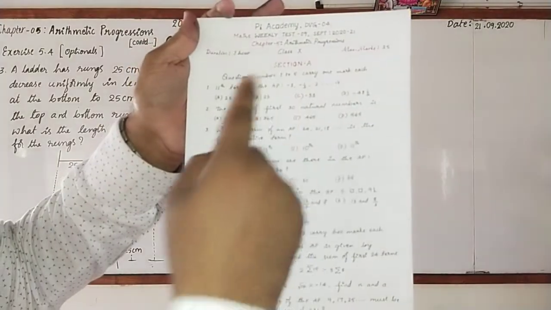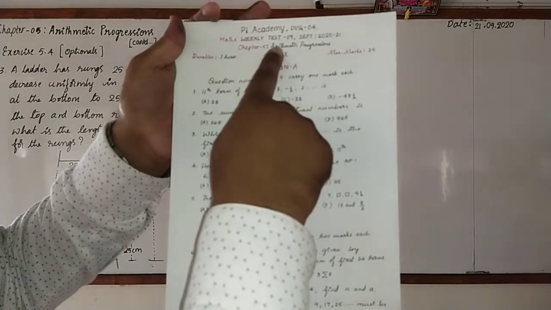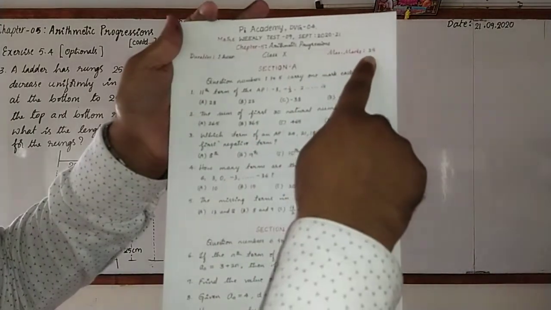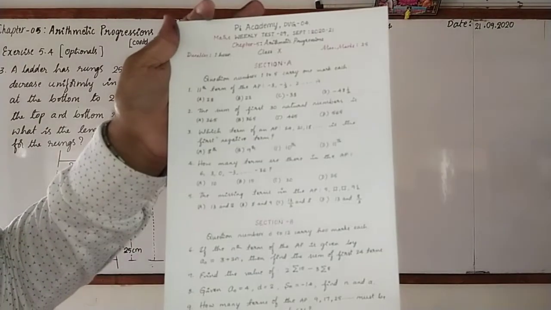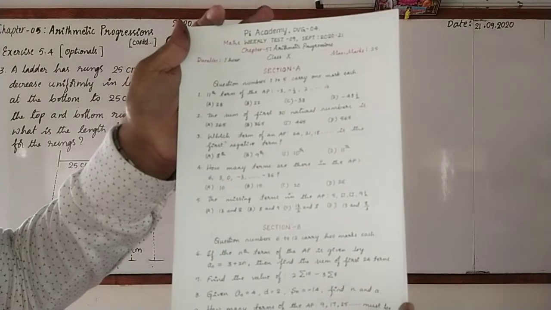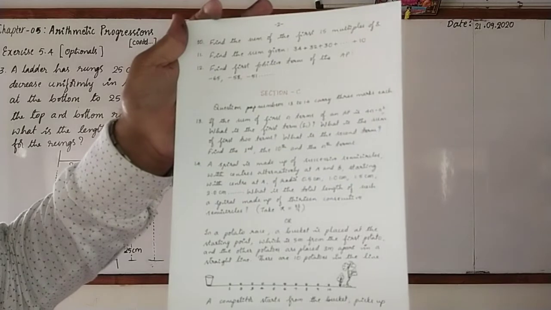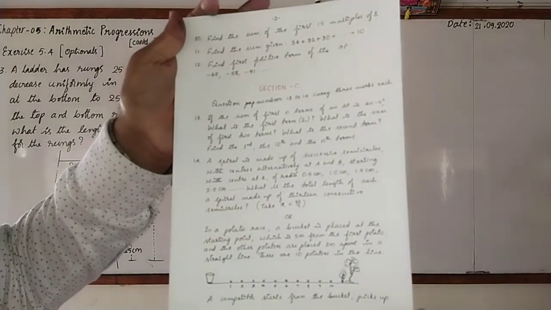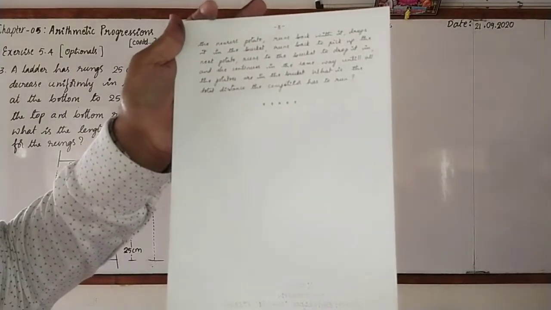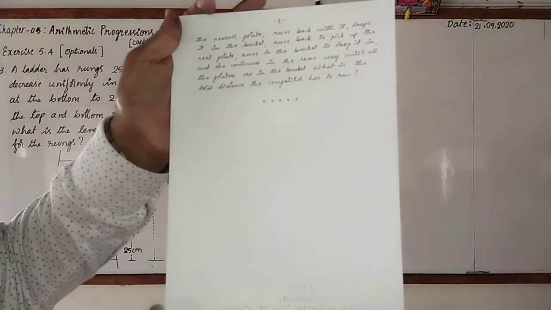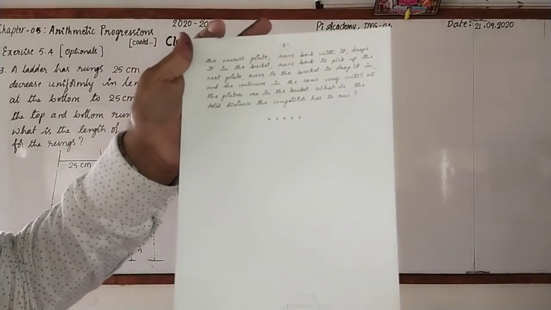Dear students, yesterday we had conducted the weekly test 9 on the chapter arithmetic progression, and it was conducted for 25 marks. See that these are the questions on the first page. Please go through this. Next, these are the questions on the second page. And the 14th one has been continued on the third page. Observe this. You may take screenshots of these and use them for practicing.